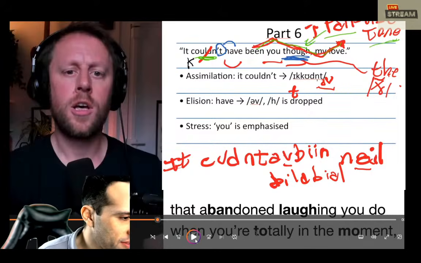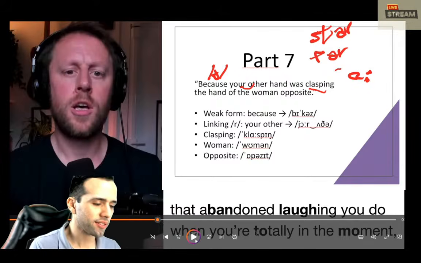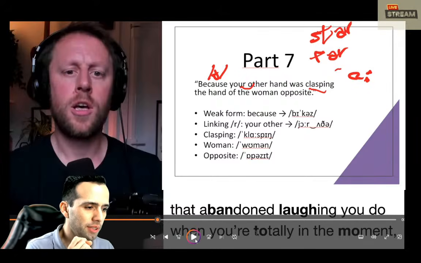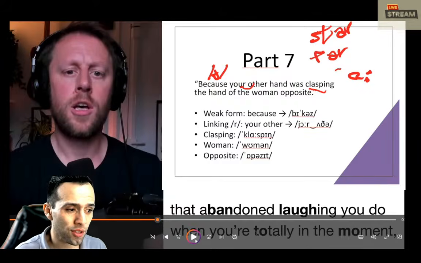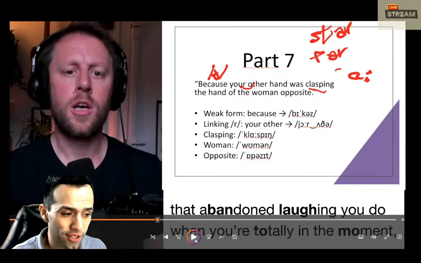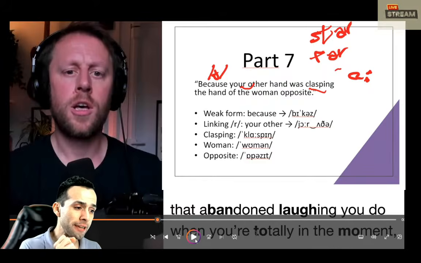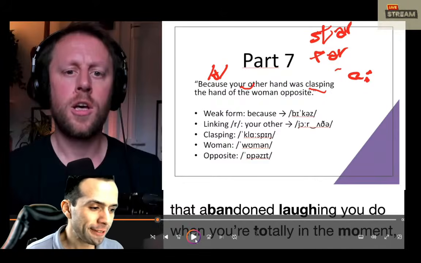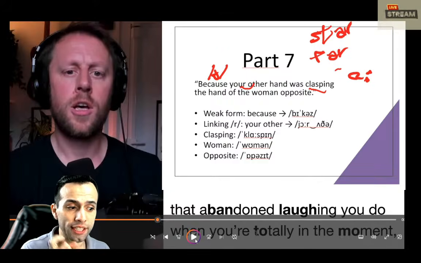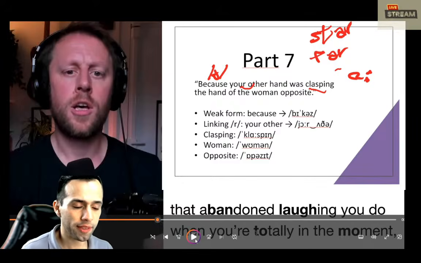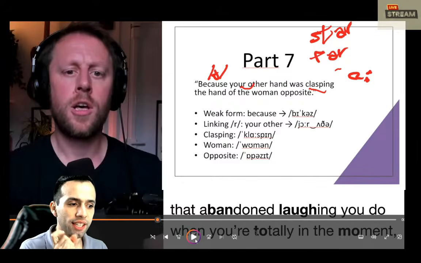This is the next sentence. Because your other hand was clasping the hand of the woman opposite. What we've been mentioning so far is that because is pronounced with a schwa sound at the end. Because your other, that's a linking R there. Your other,